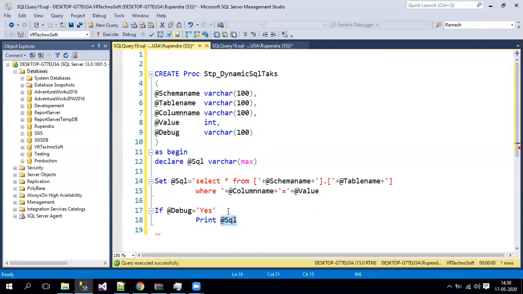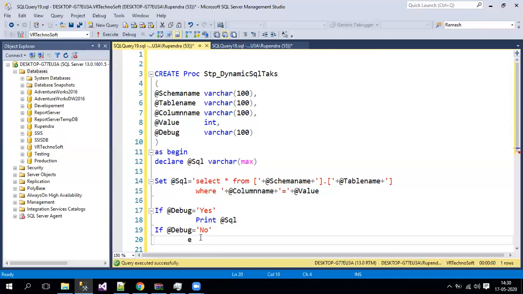So if I put no, for example, I'll go for the else case, or we can put another if clause here. If my debug equals no, which means we are not debugging, we are executing the stored procedure. So whatever query we have stored in this variable, I just need to execute that.